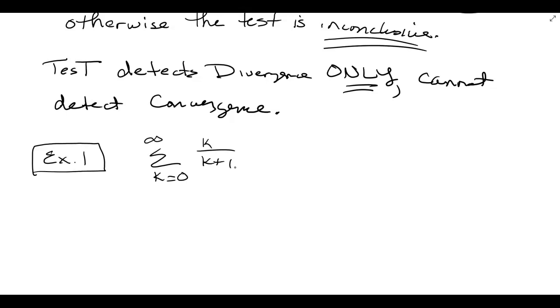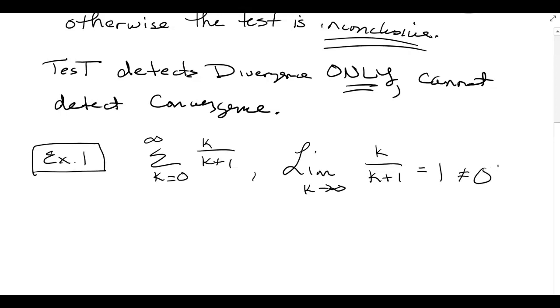Any series you're given, you can quickly just try to apply your divergence test. So what does that mean? We take the limit as k goes to infinity of k over k plus 1. Well, we know how to take that limit. Your k values are both to the power of 1, so you just take the coefficients, 1 over 1. You can divide everything by k. Regardless of what you do, that limit equals 1. Since the limit as k goes to infinity equals 1, and 1 is obviously not equal to 0,